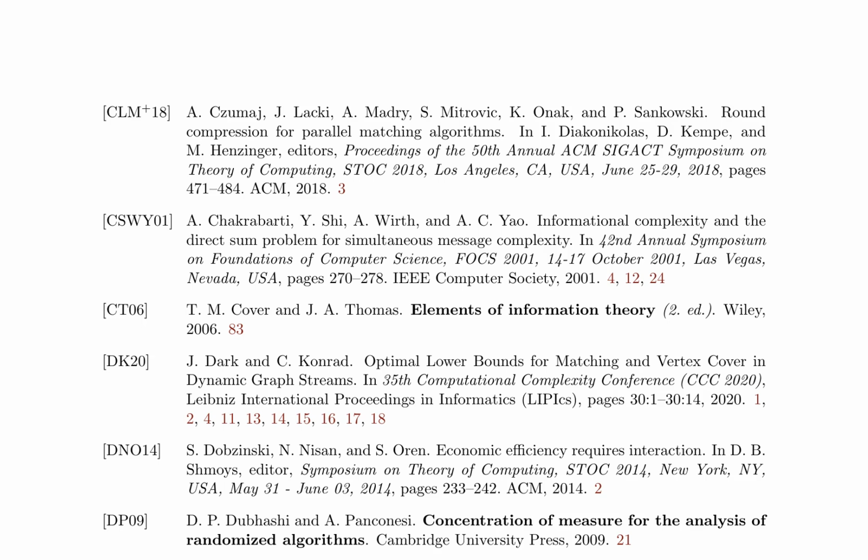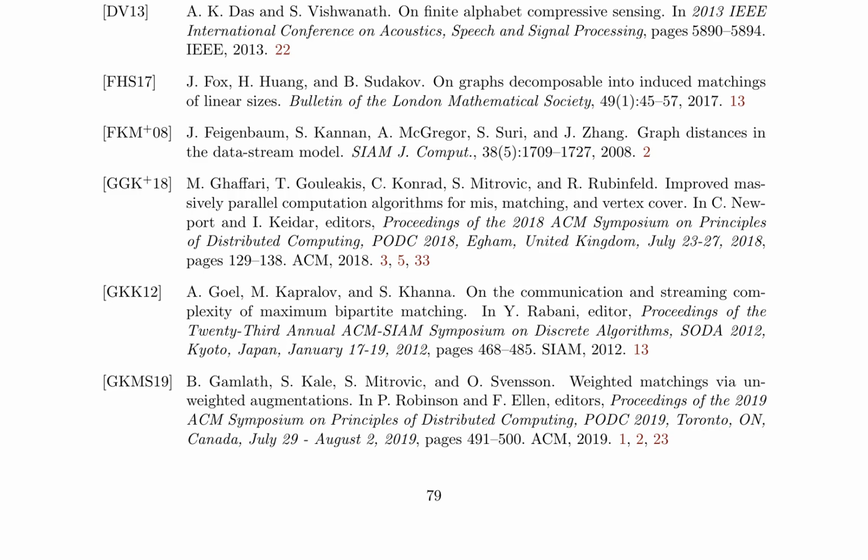The paper discusses the challenges of approximating maximum bipartite matching in the streaming model, where edges arrive one at a time and cannot be revisited. The authors provide a comprehensive overview of previous work on this problem, including algorithms and lower bounds for both one-pass and two-pass streaming models. They highlight the importance of understanding the trade-offs between the number of passes and the approximation ratio achieved by algorithms in this context.